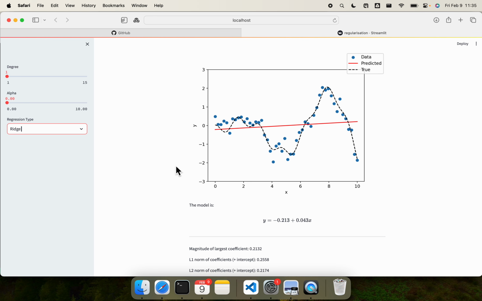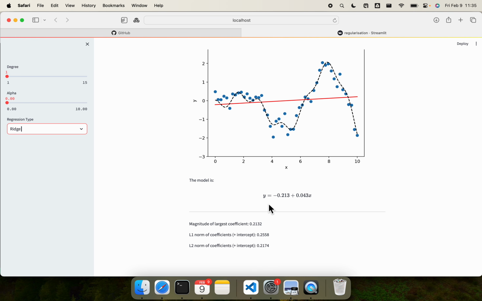So what you see is that you're looking at the learnt model for varying degrees. So degree 1, you learn a straight line. As I increase the complexity of the model,